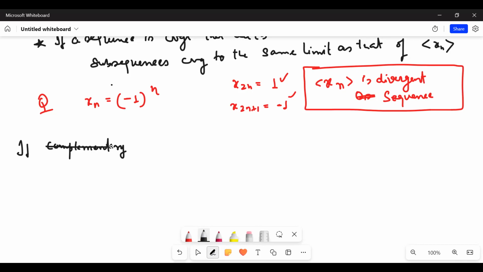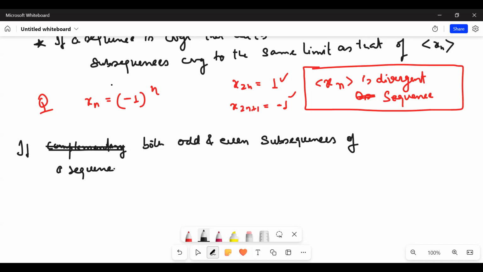If both the odd and even subsequences of a sequence are converging to the same limit,